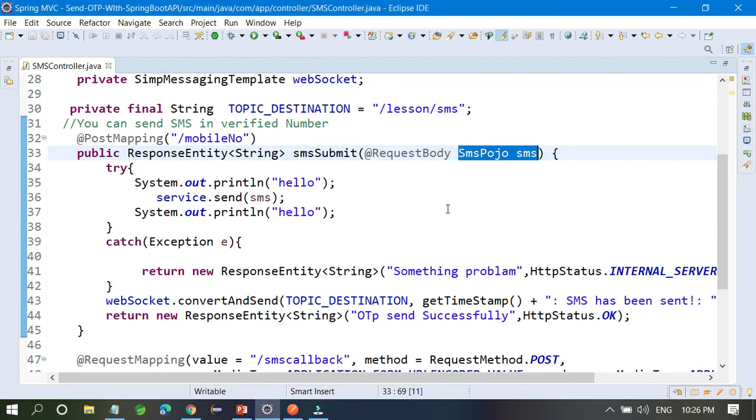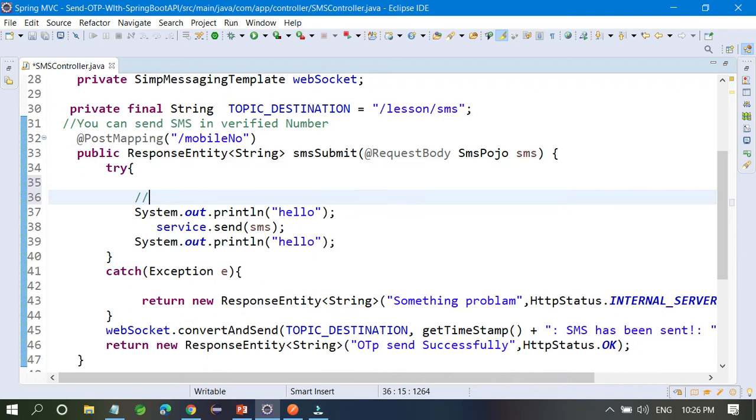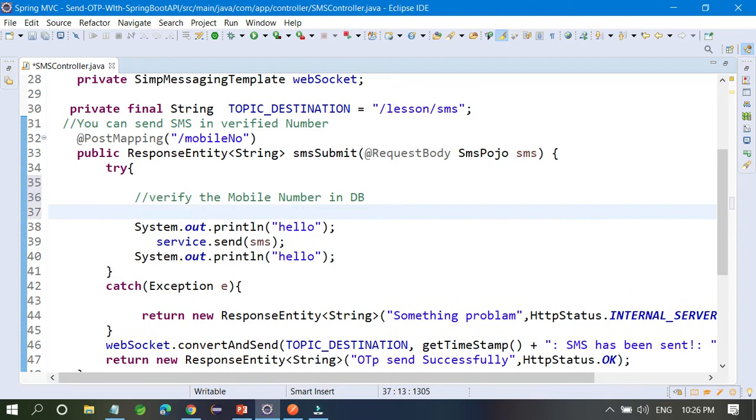Okay, so I have not written this functionality, you can write here to verify the mobile numbers in the database. Once you verify that the mobile number is present in the database, then you have to call this service and send the OTP. It's fine?